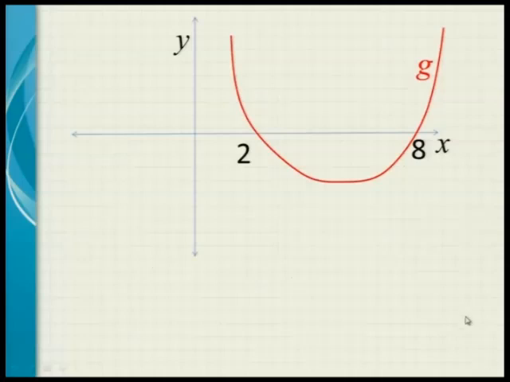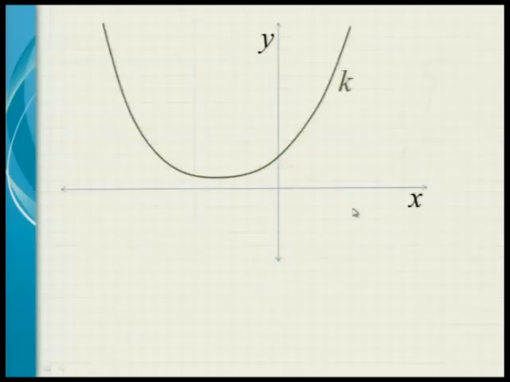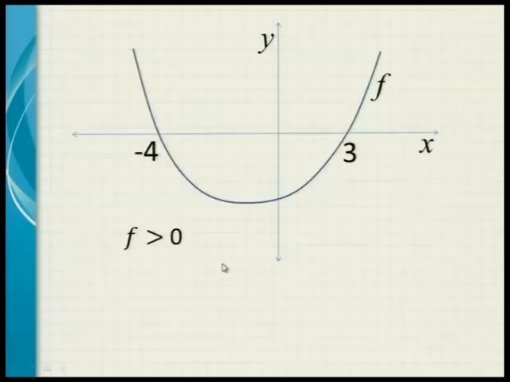Another one. This one we call g. Where will g be less than 0? Obviously between 2 and 8. Okay? So between 2 and 8, g will be less than 0. Another one. Where will k be less than 0? Be careful. Not below the line at all. Can I put any x value in here to get the yellow box to go down? No. The whole of k is above the line. The whole of k is positive. So x is an element of the empty set. There's no x's.